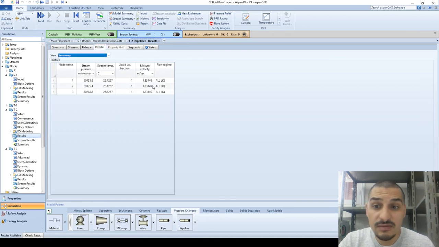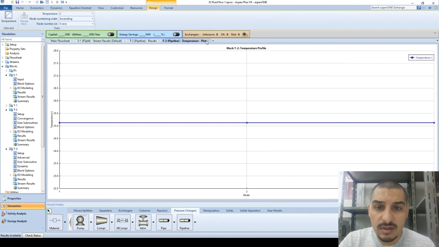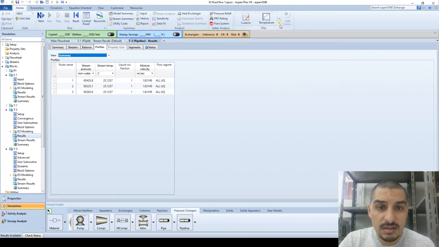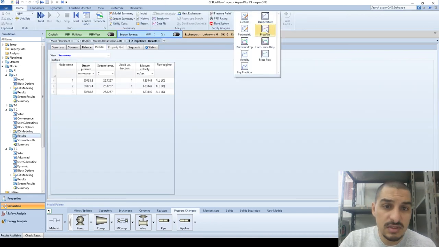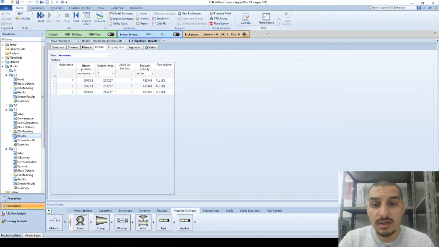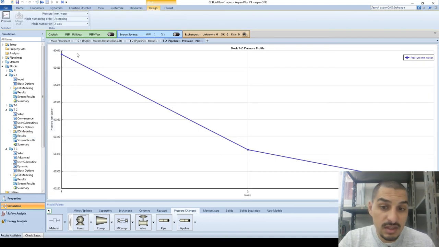for instance, the velocity profile. It's important to know the velocity profile. You can, oh, not the temperature. You can take a look at the profiles from this side here. For instance, you want to see how the pressure changes along the pipeline. You'd see that it changes linearly until it reaches node number 2, and then changes in a different way because